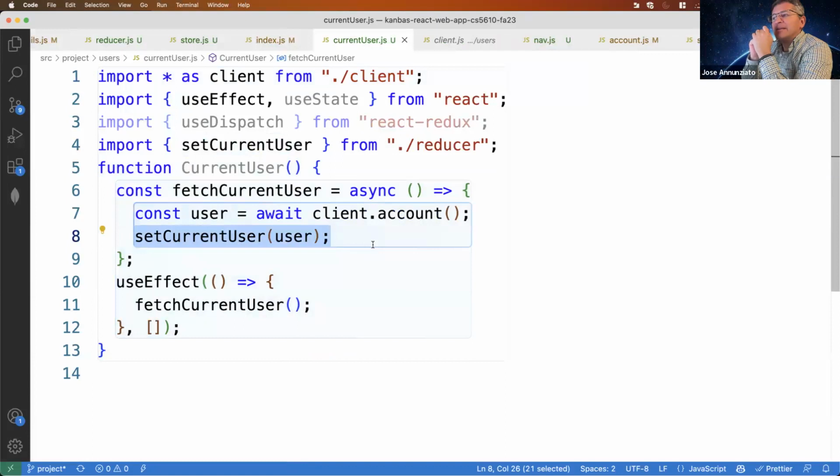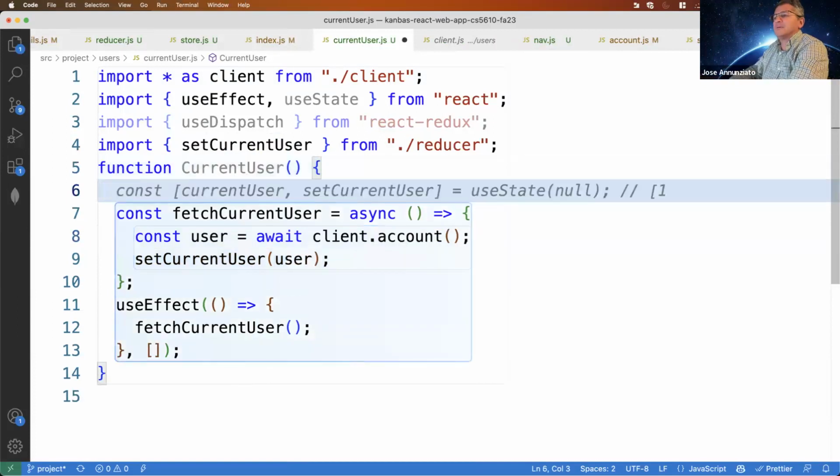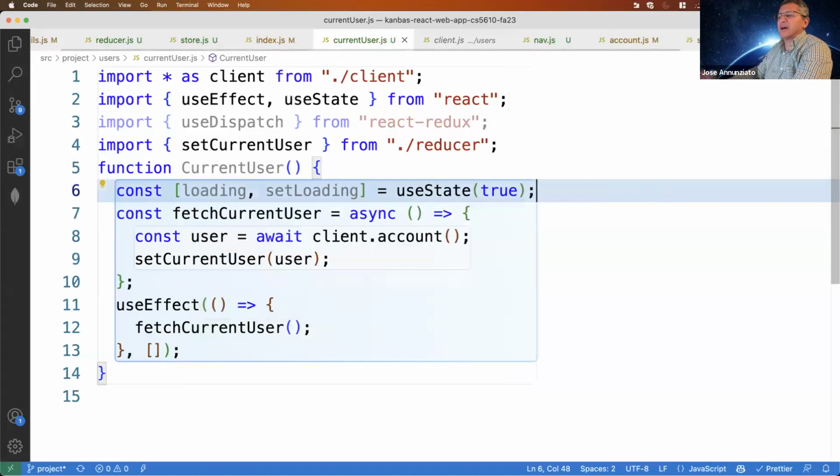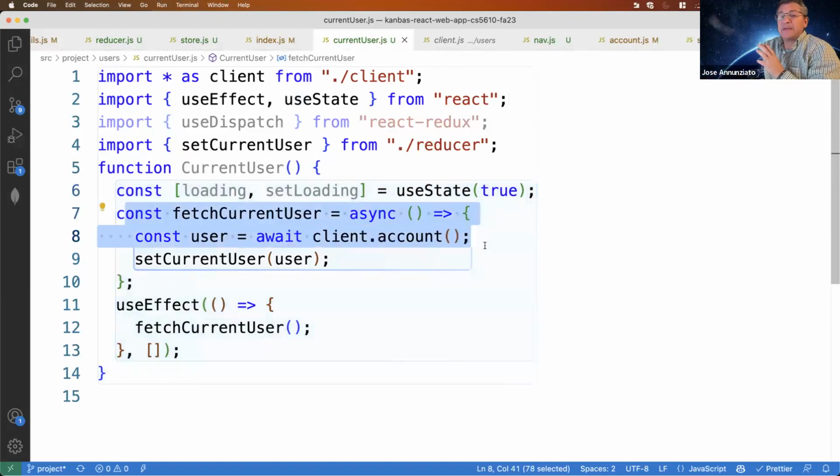And it's only going to load its body after it has fetched the current user, right? So what we're going to do is have a local variable that is going to keep track of whether we're loading or not, meaning we're busy. We don't know yet whether we're logged in or not. We don't have a current user yet, right? So at first it's going to be loading true, meaning I'm not ready, okay? This is going to go out to the server and come back. Once it comes back from the server and I have the current user, then I'm going to say we're no longer loading.